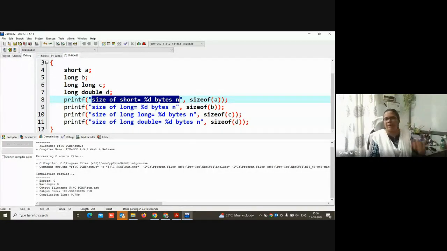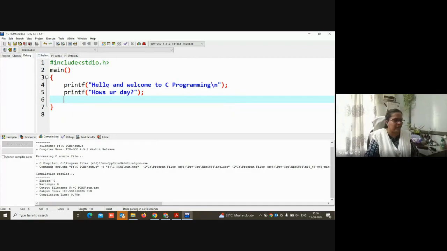That 4 will be substituted for this percentage d. And whatever is there in the double quotation will be given to printf. It will just print on the screen. It's not executed, it will just be printed on the screen. As we were doing over here also, we were giving everything inside double quotation.